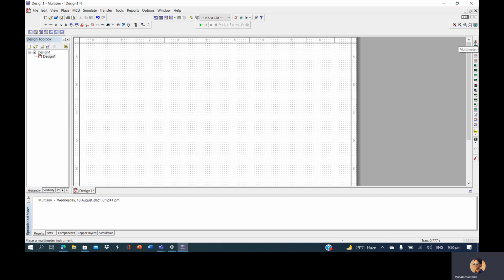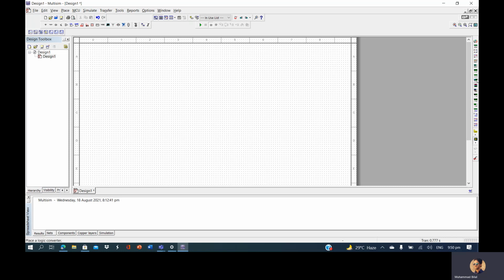Here you can see a multimeter, function generator, wattmeter, and oscilloscope. There is a 4-channel oscilloscope also available.